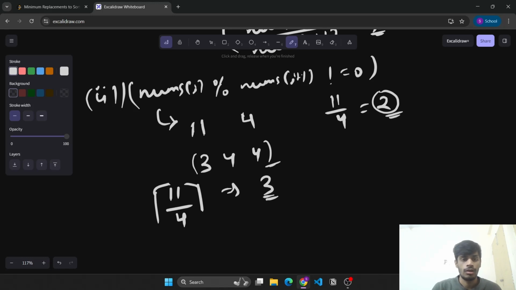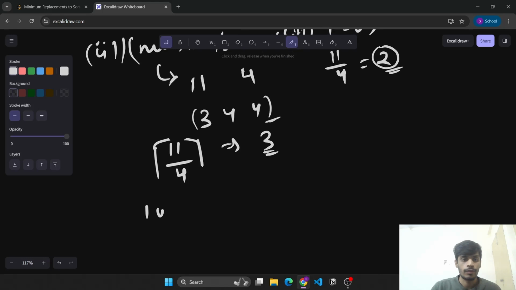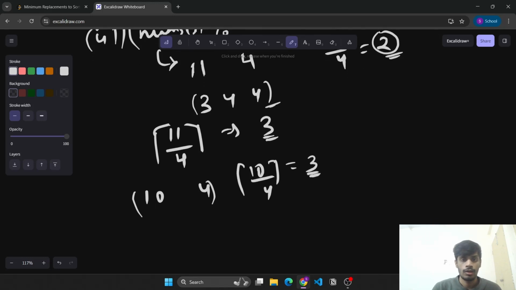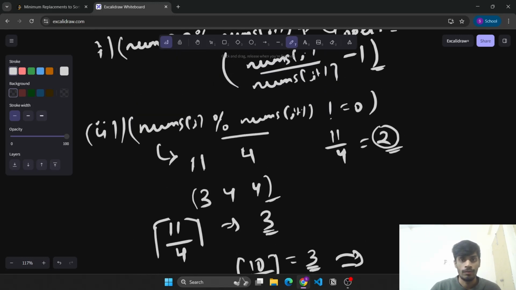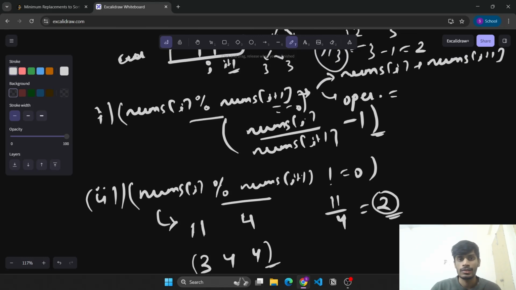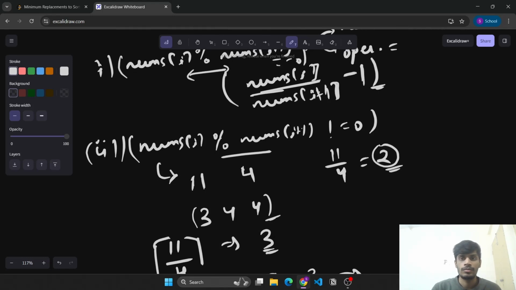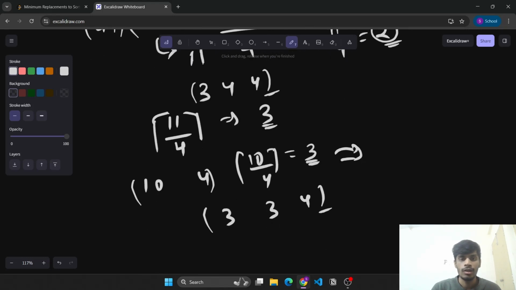Okay, 3. For example, if we have 10 and 4, so ceil of 10 comma 4 is 3. So hence the split would be 3 3 4. Right? So to make it most uniform, in this case we will be taking the ceil value. In the case where it was divisible, we were just taking the remainder with nums of I plus 1 and subtracting it by 1, and here we are taking the ceil